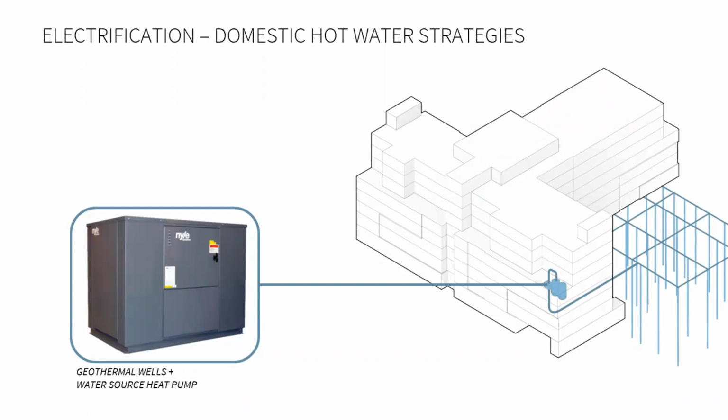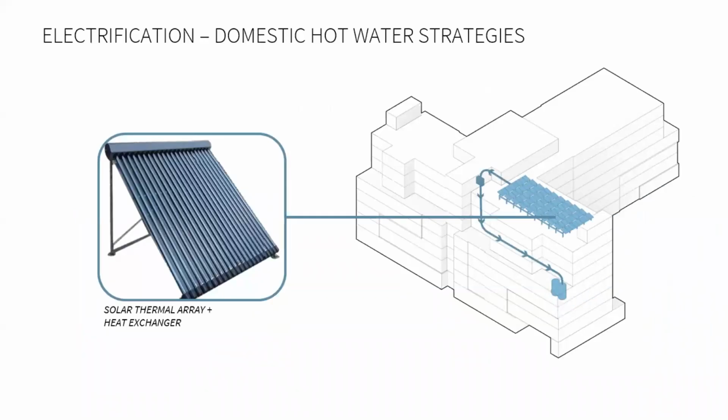It uses this heat exchanger to take heat actually from the groundwater and uses that to preheat water incoming to the storage tanks. Next slide. On sunny days, we have solar thermal panels, which will help to quickly recharge the hot water tanks